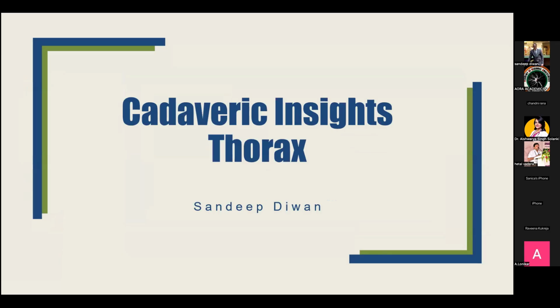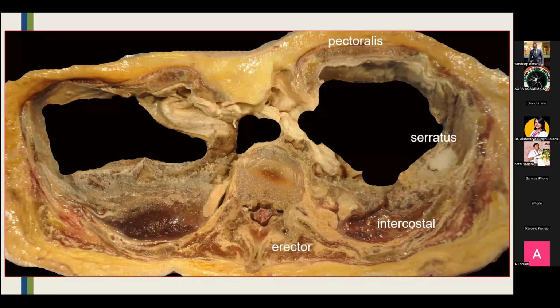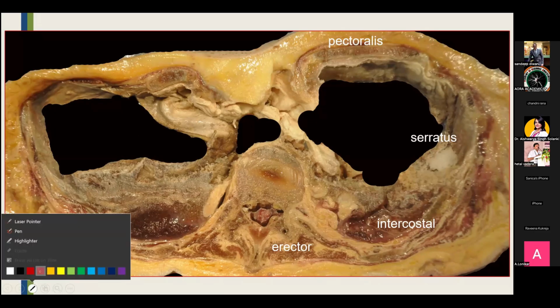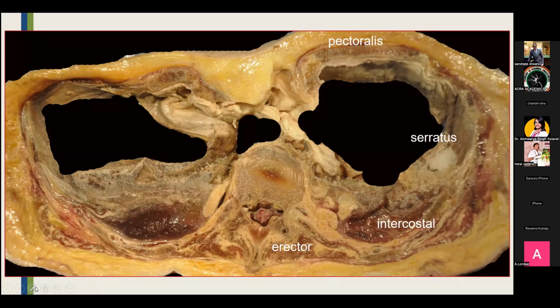So this is some of the cadaveric insights from the thoracic areas. It has evolved over time. In the past few years, we had been doing only the thoracic paravertebral blocks, but since then various other blocks have evolved. Now this is a cross section at the level of maybe T4 or T5, taken when we had the opportunity to have a cross section. And what you will find here is